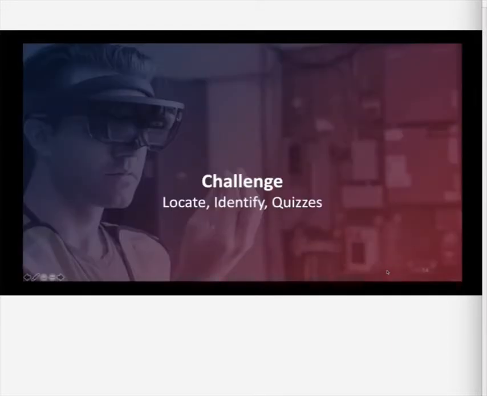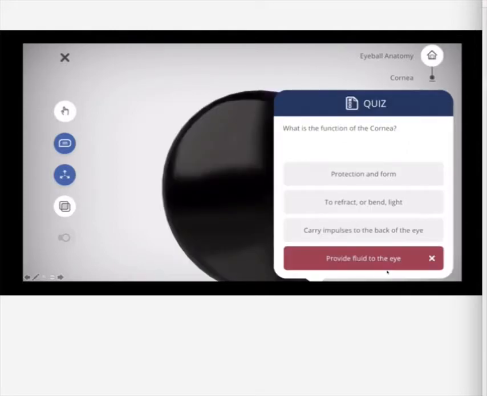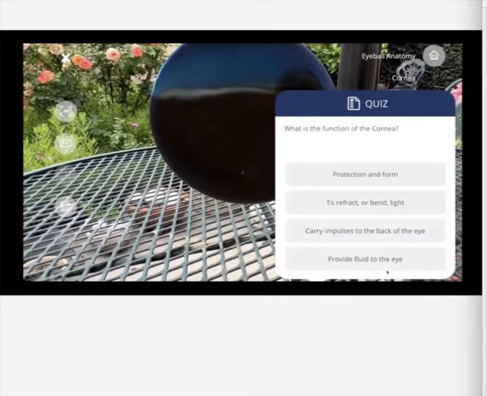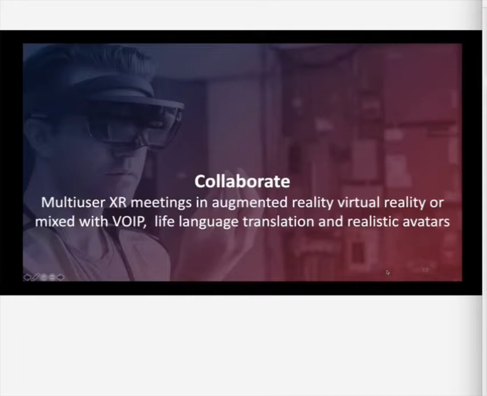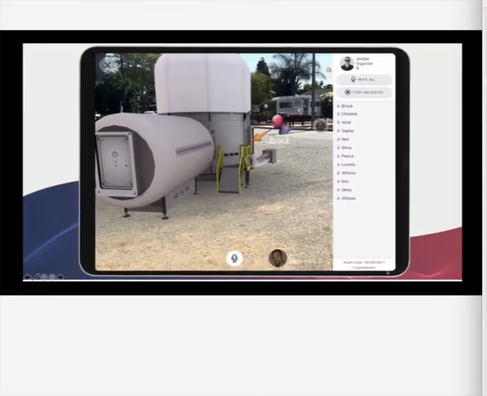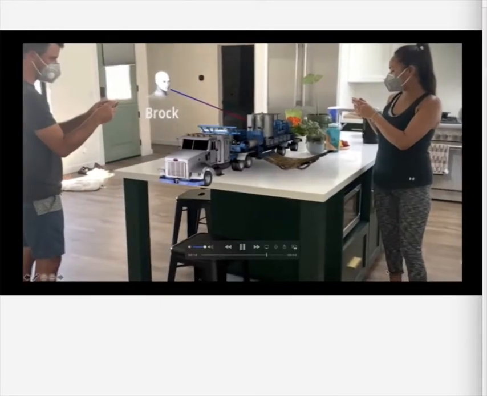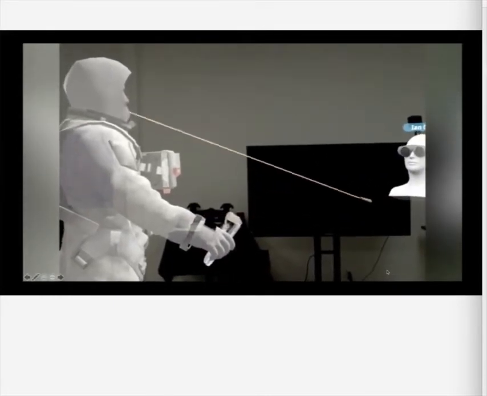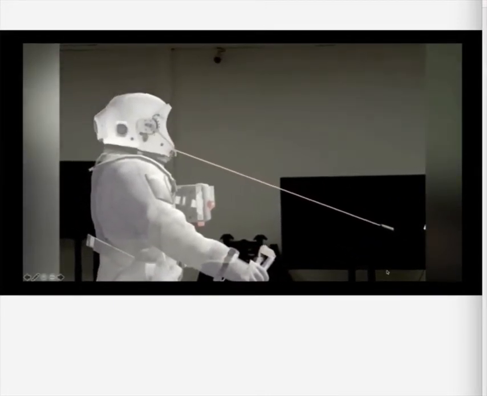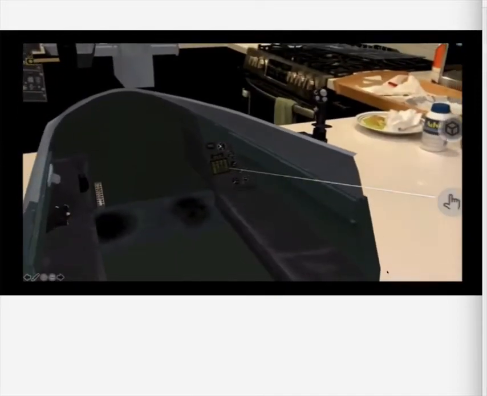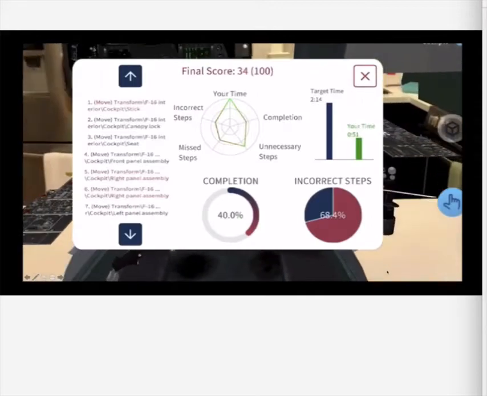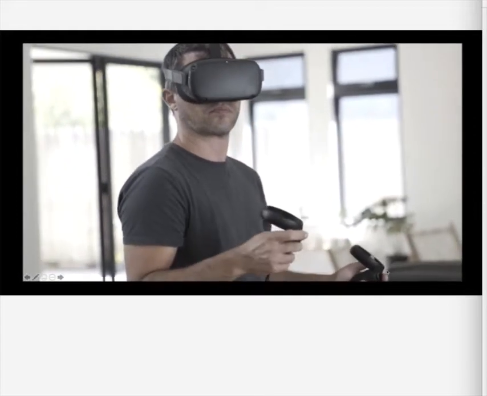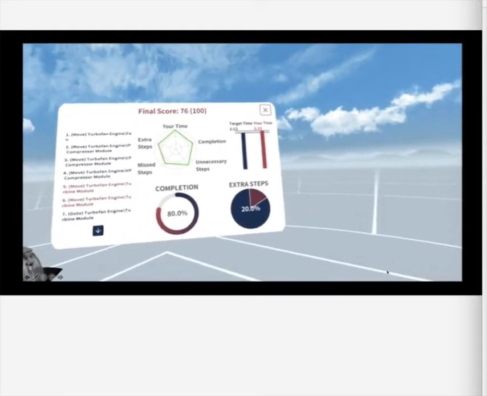And then finally, you can extend this to much more high-end interaction capability with the power of Unity that we integrated, with respect to challenges. You can see here some of the quizzes that you can have in different modalities, and with that comes the ability to locate and identify collaboration. That is helpful whether it is a multi-user environment in a context, or you could use Magic Leap. Here you can see the Magic Leap used mixed with VoIP. And then you can assess the 3D recordings, for example, that you created. You can then allow the system to see how well you're actually doing in comparison with the optimal solution,